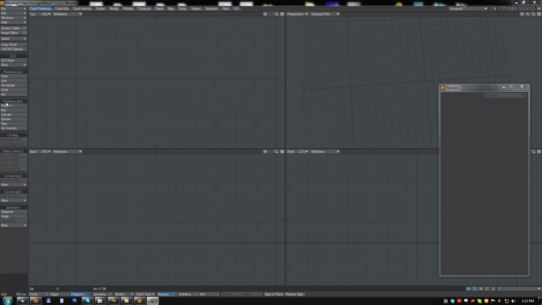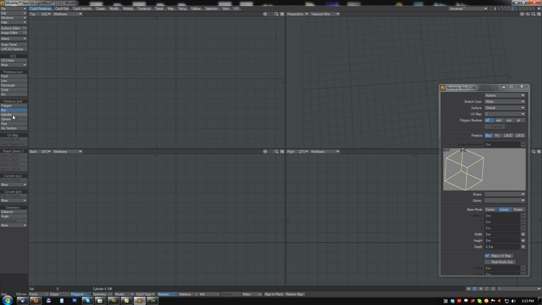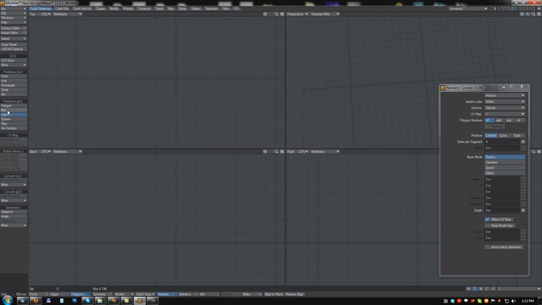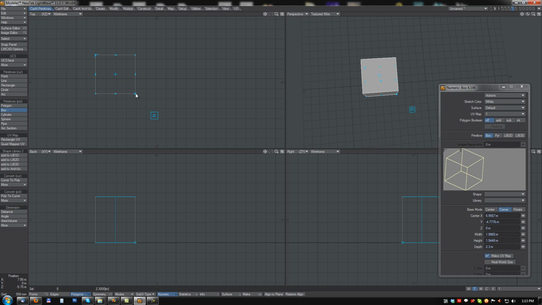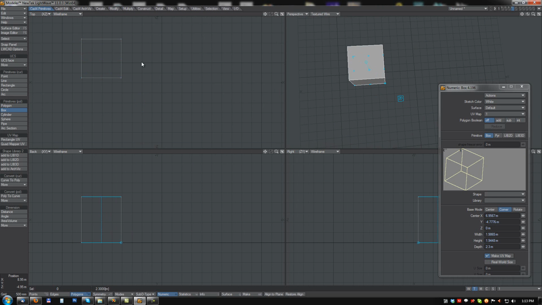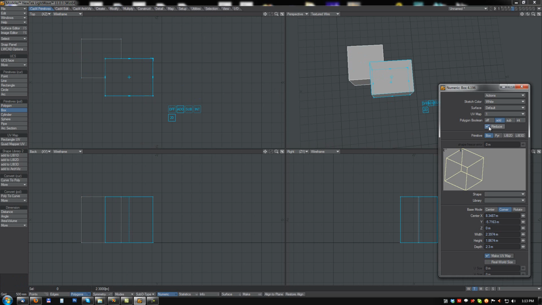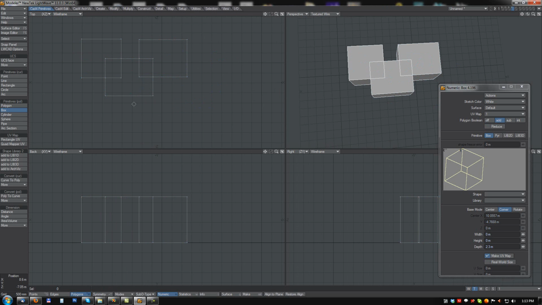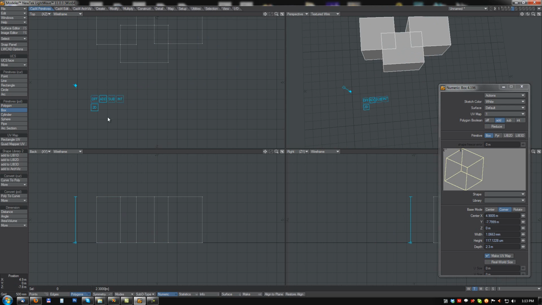Next update is in polygonal primitive tools: box, cylinder, sphere, pipe, arc, section. These two have updated add boolean mode. When add boolean mode is enabled, we can switch between reduce and not reduce mode. Previously there was no switch, all objects were not reduced. Now we can enable reduce mode and the result will be